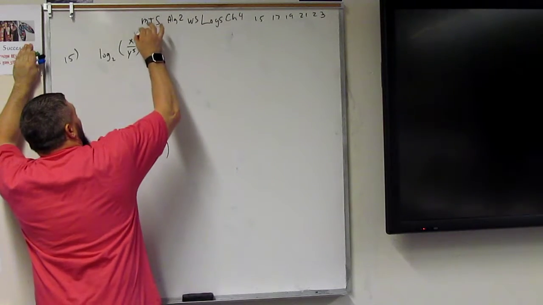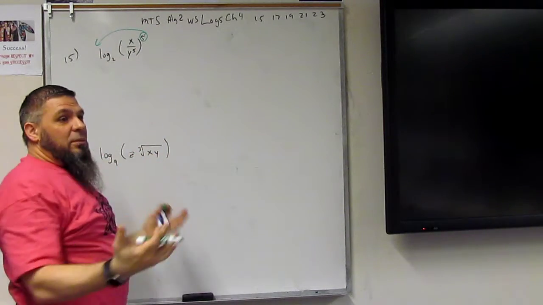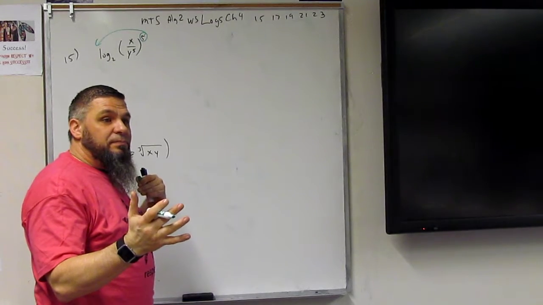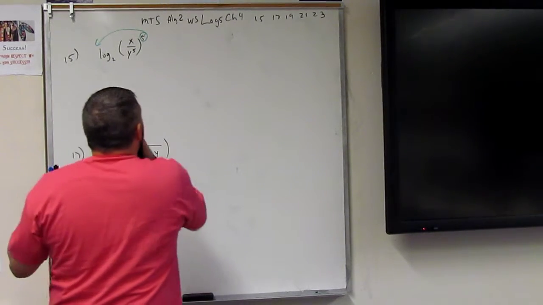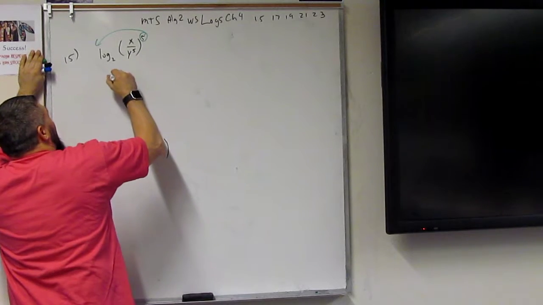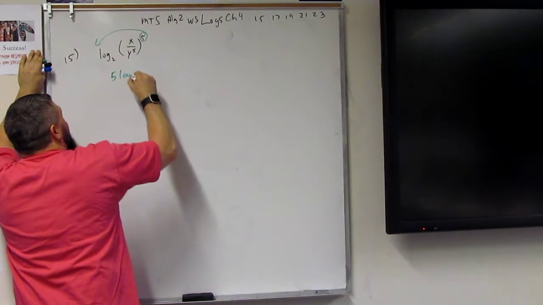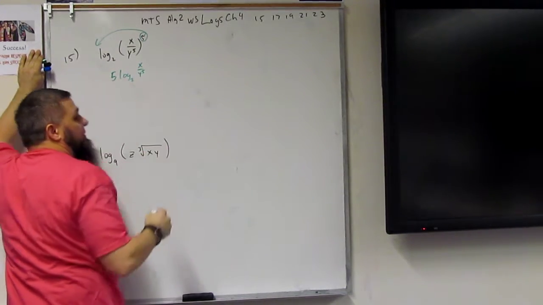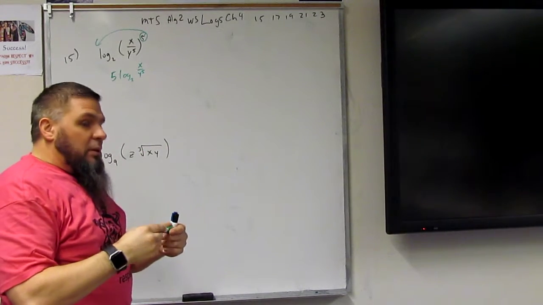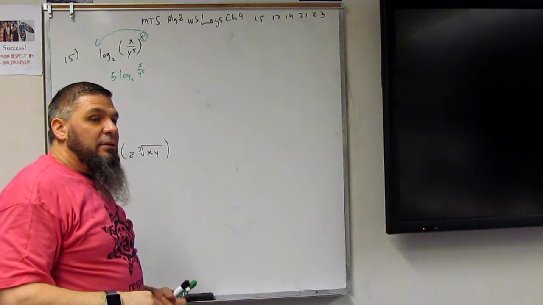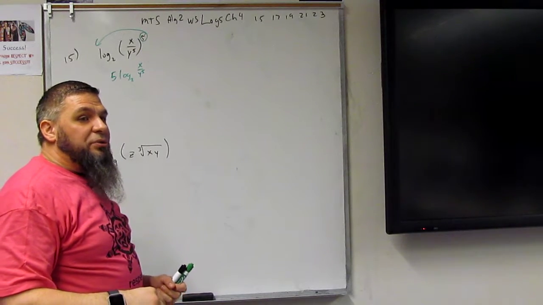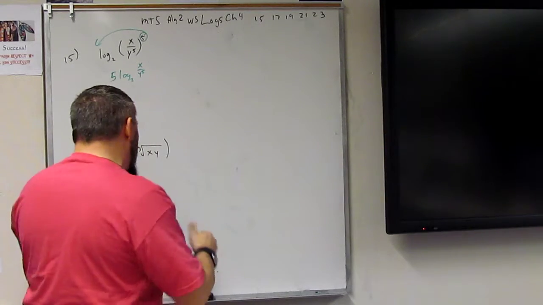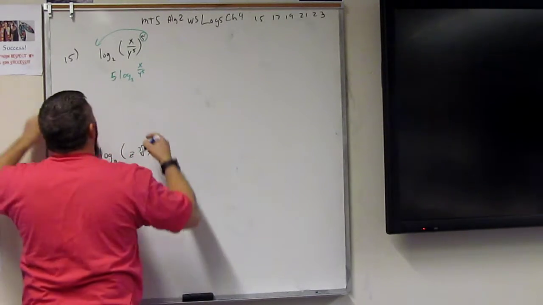So, I'm going to do the power first, right? And then I'll split them up. Okay? So, the power goes out there, so I have 5 log base 2 of x divided by y to the 5th. Okay? Then, I'm going to split these up into 2 pieces. Okay? So,